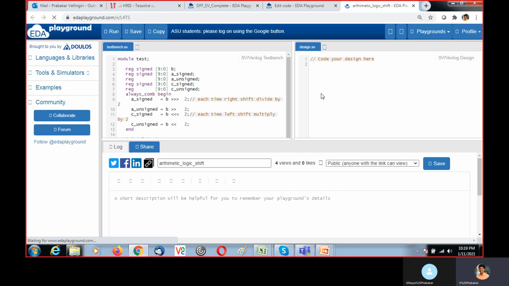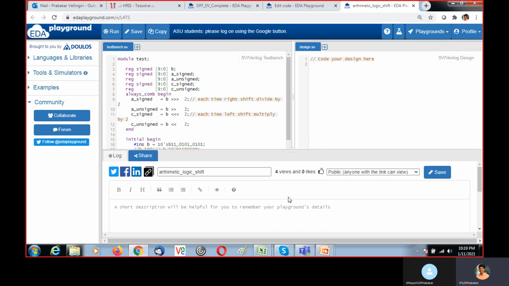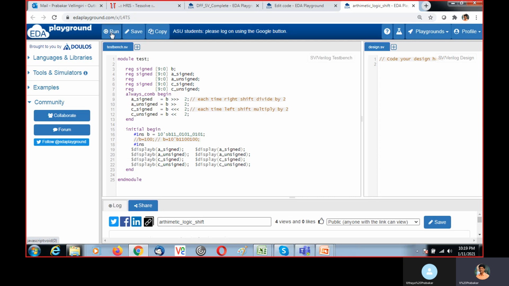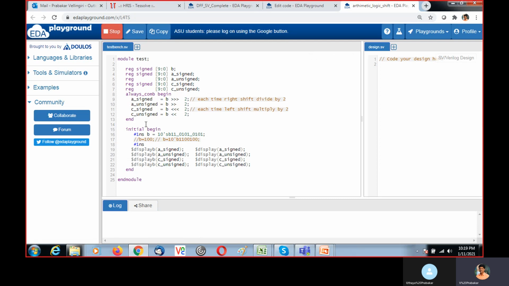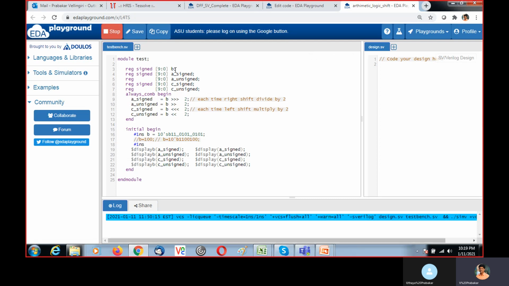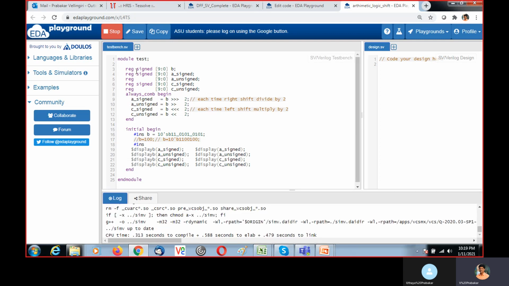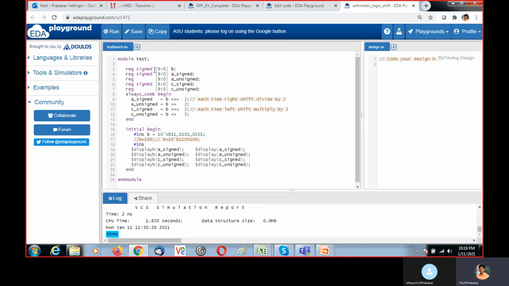Now we are going to see the difference between logical shift and arithmetic shift. Here B is a bit 9:0. By default it is unsigned.